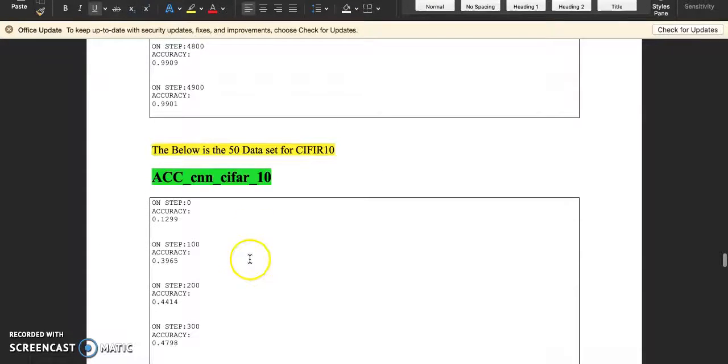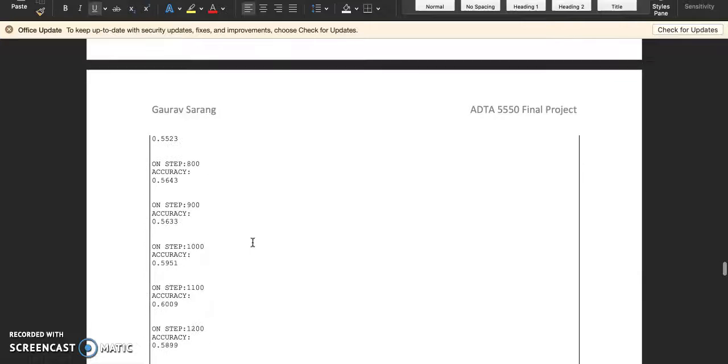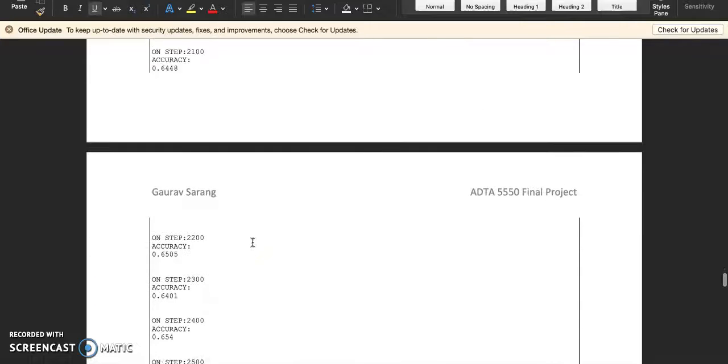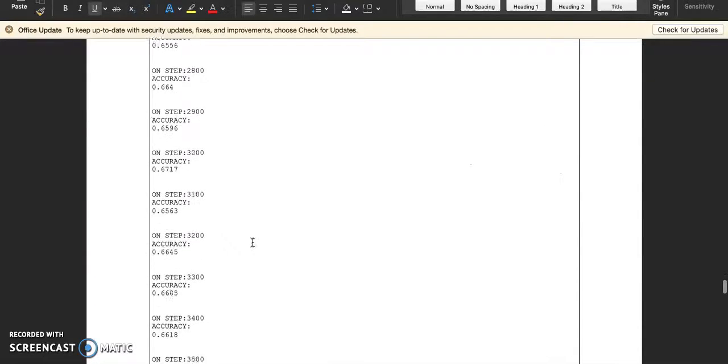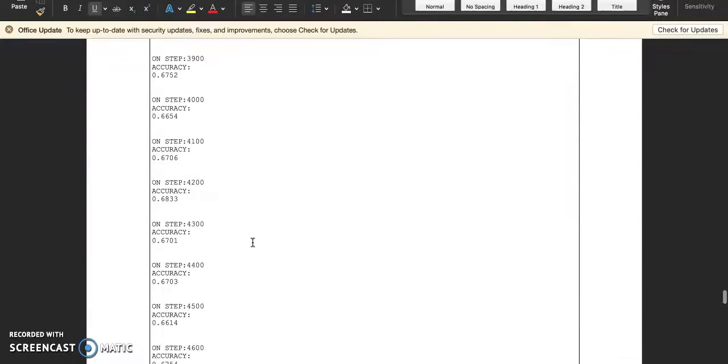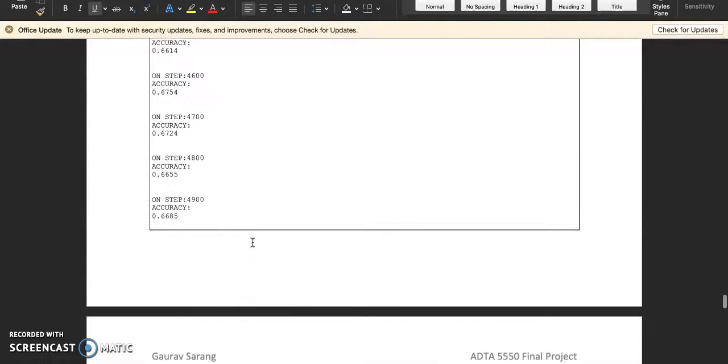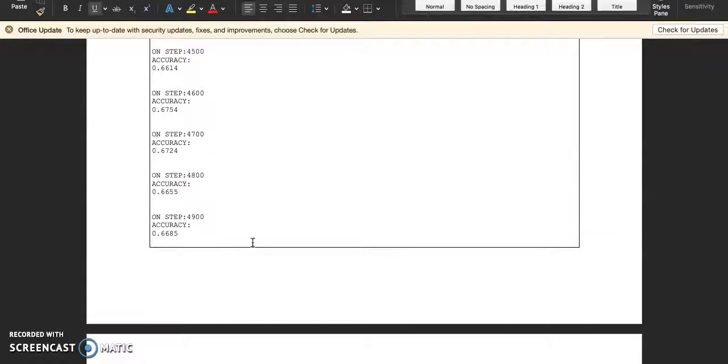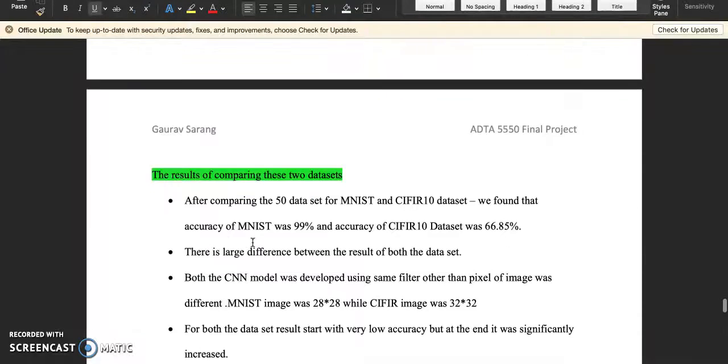At the end of these data points, at step 4900, it's 66.85. It seems like accuracy is very low, and we have to do something to increase it. There is a large gap in the performance on the two datasets.